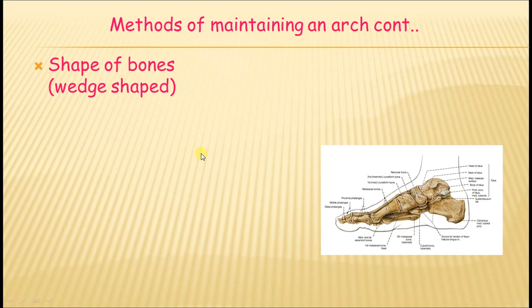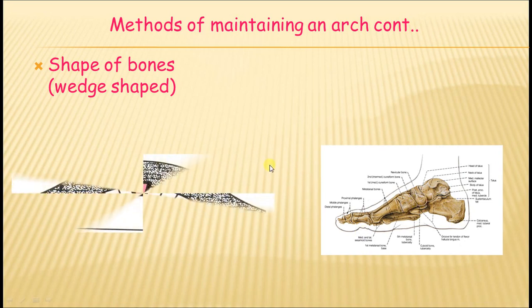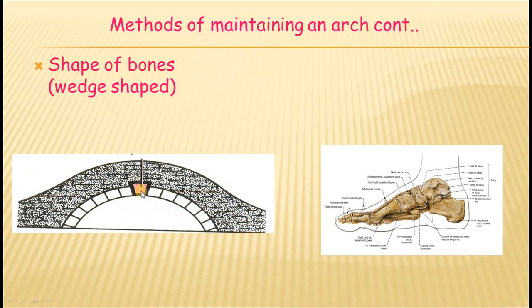So as you look here at the medial longitudinal arch, mainly the shape of the bones is wedge shaped. The narrow surface, the apex, is pointing downwards, and the broader base is pointing upwards. In the same way, you will be able to see the wedge shaped bones here